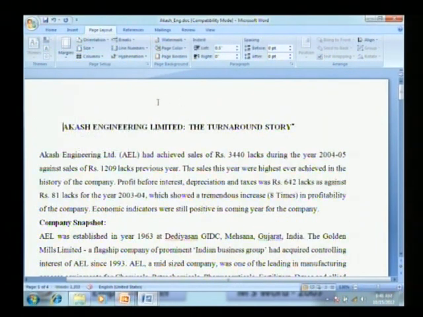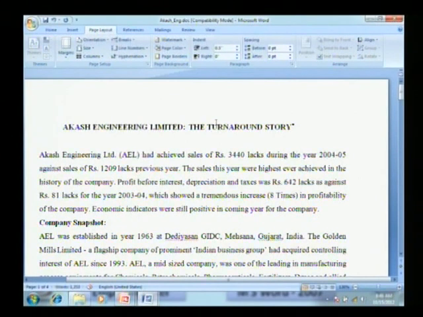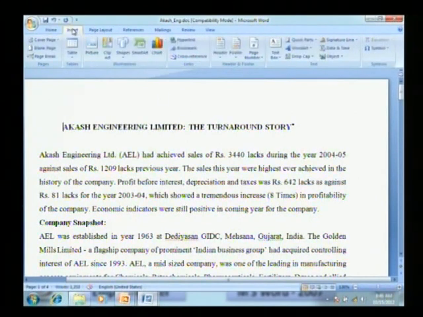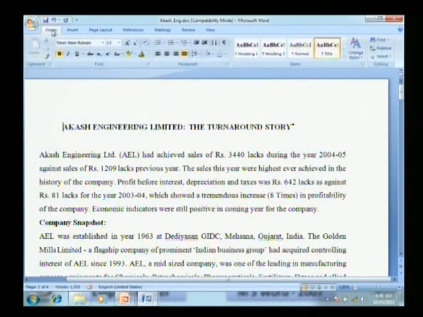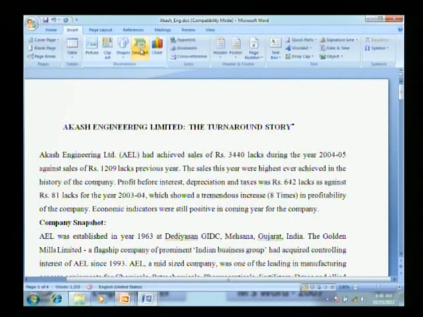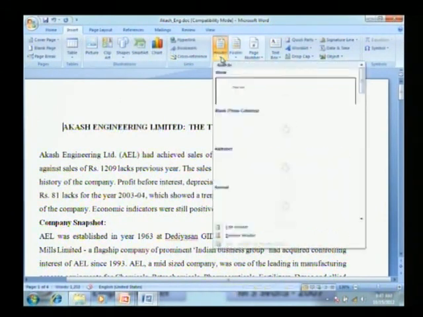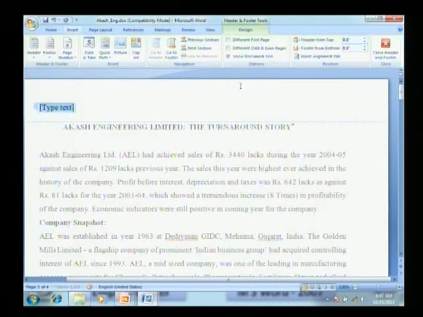Let us go for one column. Fine. Then very important is, suppose in our document there are 20 pages. Now we want to put a common title. It is called a heading, and we want to put some content on each and every page in the bottom lines. So how do we set it? The functionality is called the header and footer options. How to go? Just go to Insert and then header and footers. Yes, header. Various options are available.